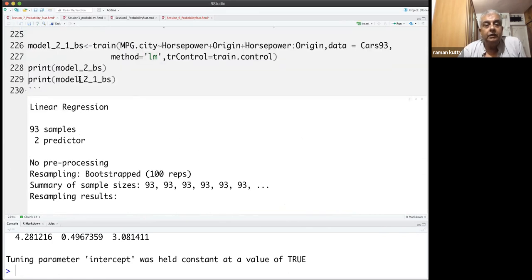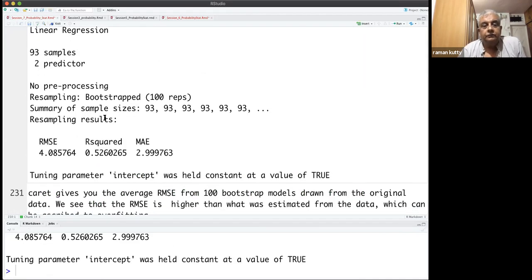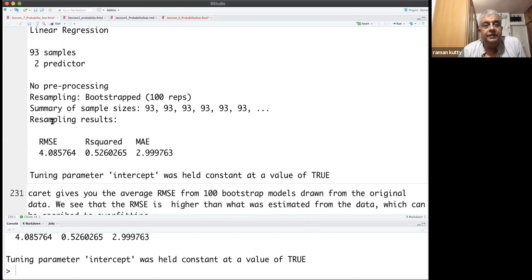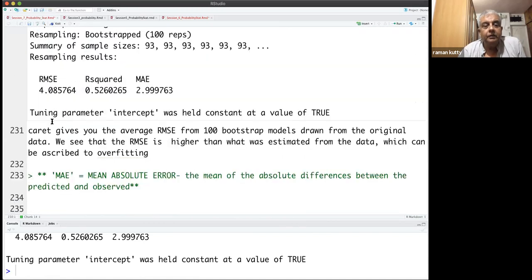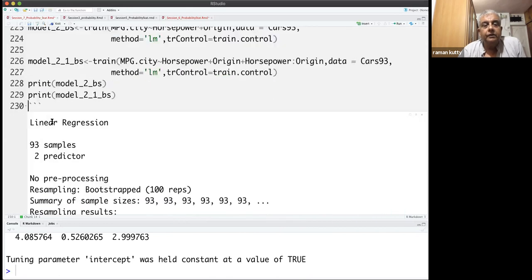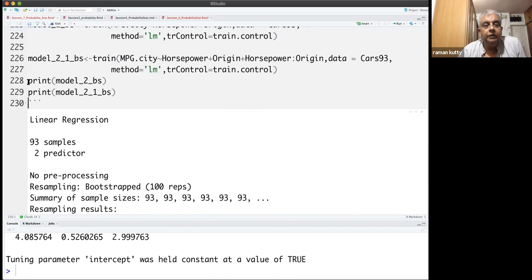So you can look at the other model also. Here you have a higher R squared, and the RMSE is lower. We'll look at both at the same time.